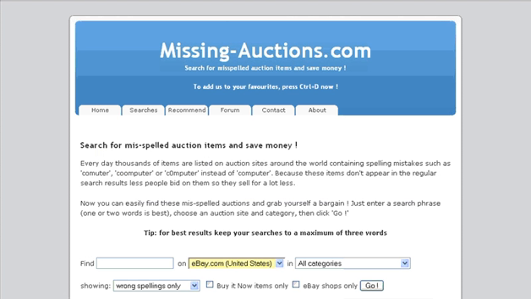So if we go back to the site, how do you actually use it? Well, it's incredibly simple. Just type in the search phrase you're looking for, remembering to spell it correctly. There's Motorola. We're searching on eBay.com. Now, missingauctions.com actually tries to guess where you are in the world, and it pre-selects your nearest auction site. This doesn't always work though, so you may occasionally, in this box here, which at the moment has got all